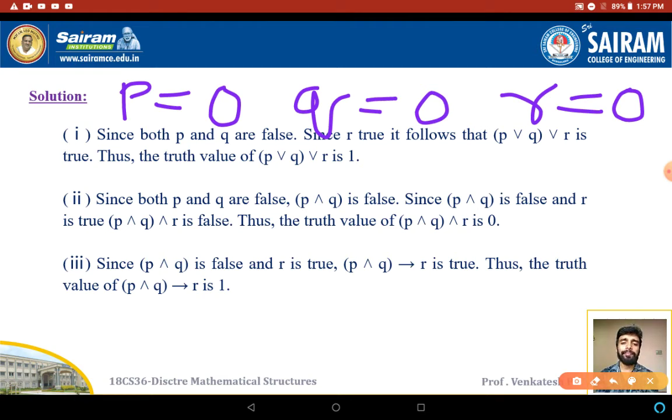So next, after this one I am going to apply the same logical connective OR in between P and Q as well as R. So this one is already false, I got 0. Again applying the OR logical connective in between 0 and 1. So the value of R is 1 and the value of P OR Q is 0. So the truth value will be 1. For this one the truth value will be 1.